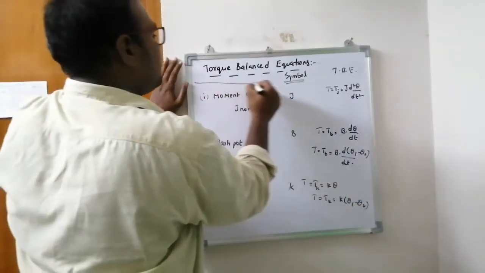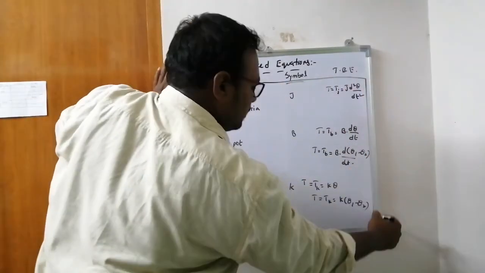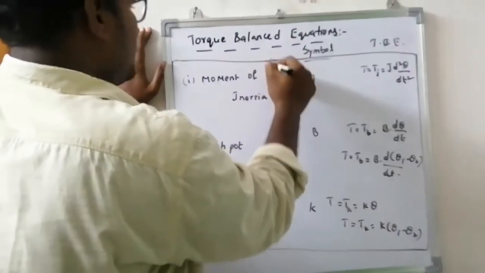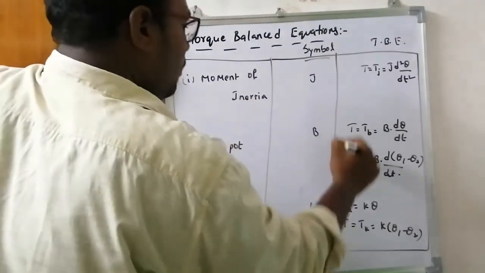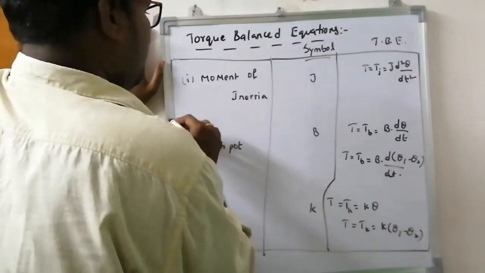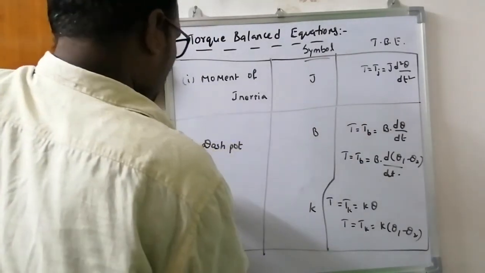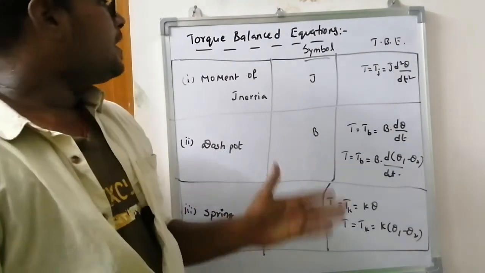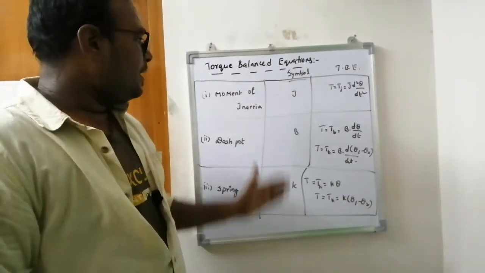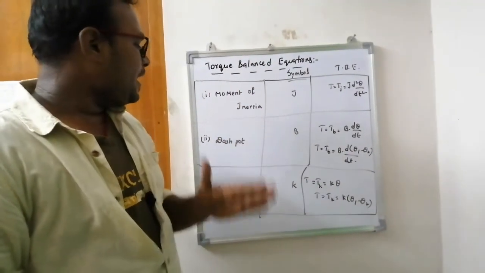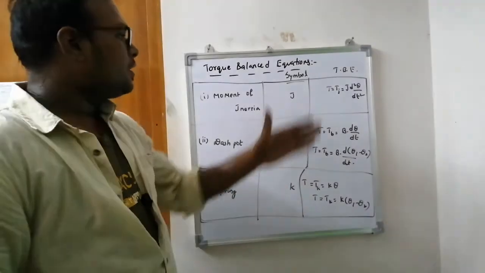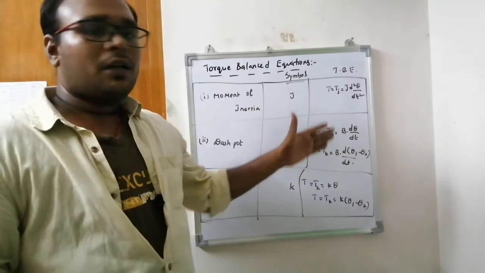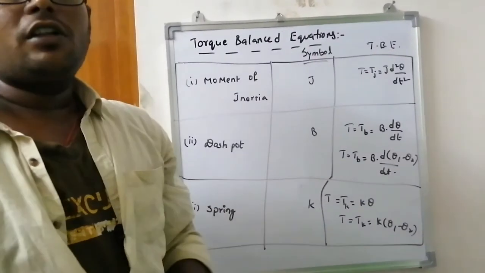Okay friends, these are the torque balance equations of the rotational system. You must remember these torque balance equations for the idealized elements: idealized moment of inertia, idealized dashpot, idealized spring. Note down these formulas and remember them for the further